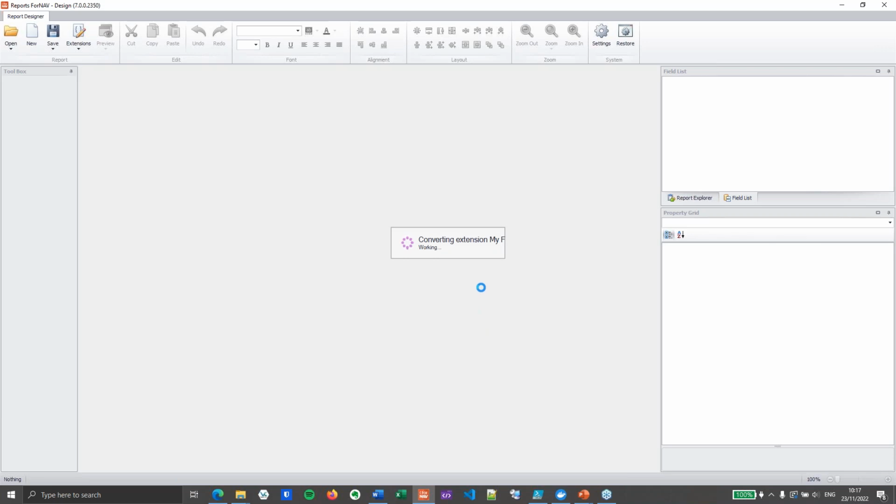everything. It will start converting the 2 extensions I have, and it will convert the custom layouts I had in the system. And that takes a while. And when you have more extensions and custom layouts in the system, this will take even longer. Nevertheless, the upgrade completed successfully, which means that in my